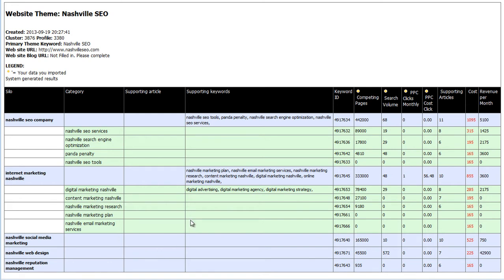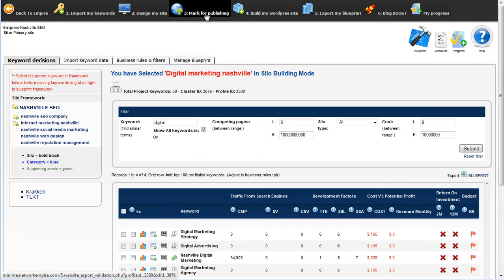But I'm going to go ahead, I'm going to publish these 2 silos today, and I'm going to publish the silo landing pages for these 3 silos too, and I'll come back tomorrow probably and I'll create the articles for the rest of these silos. So alright, so let's do that. We're going to come back here, we're going to mark everything for publishing,